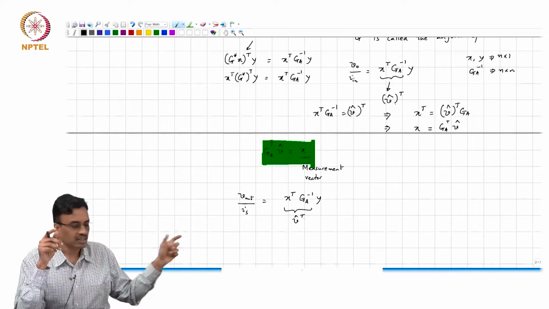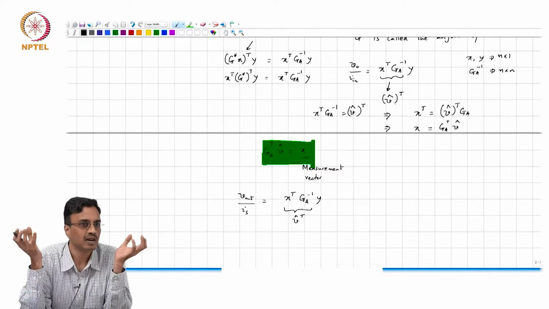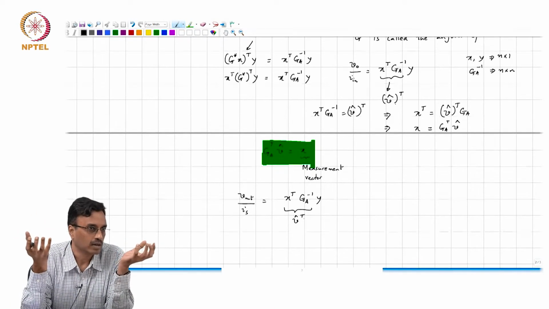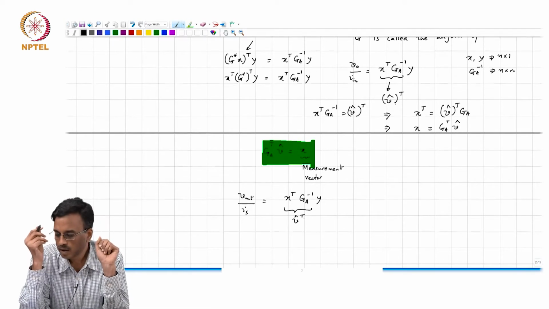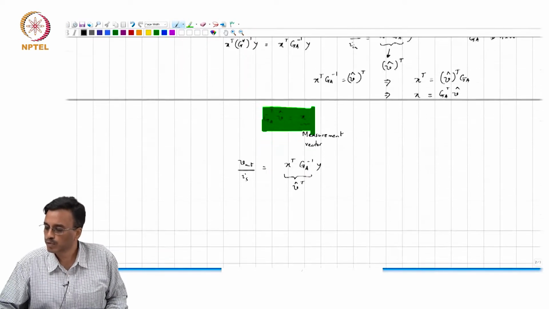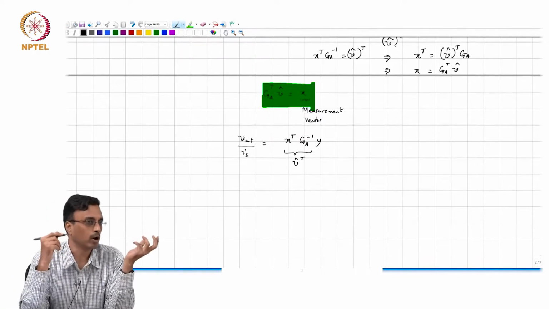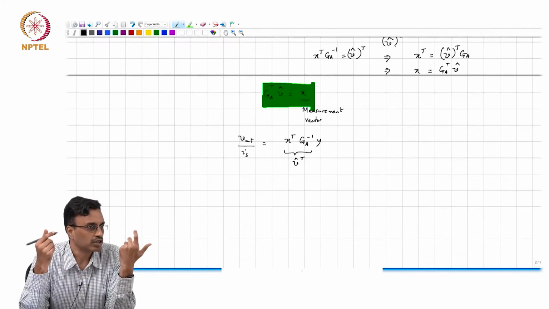And this Y merely selects which of those transfer functions you want. Therefore, if you want multiple transfer functions to the same output, this entails a lot less labor, because you're solving